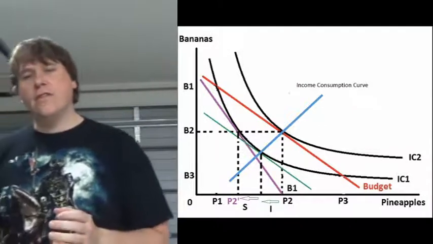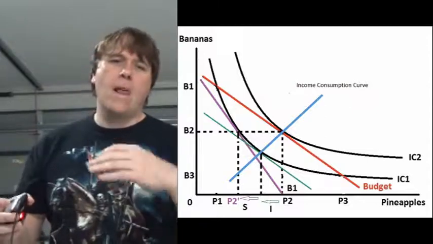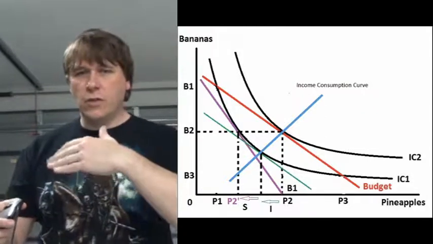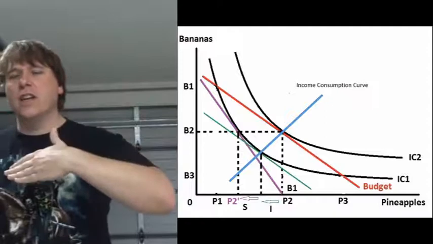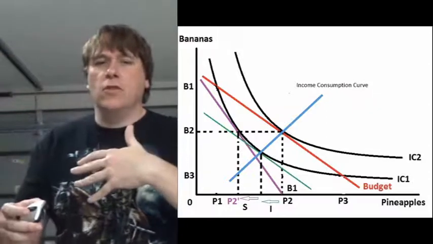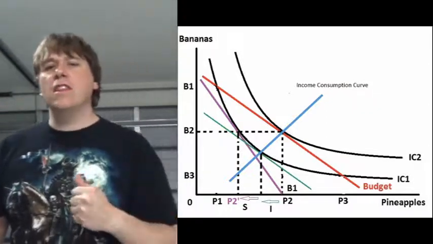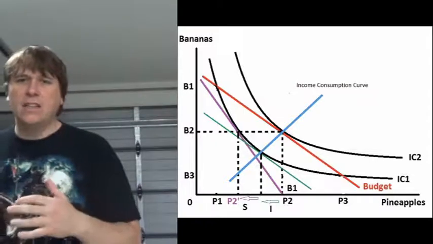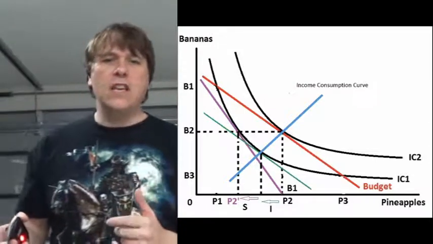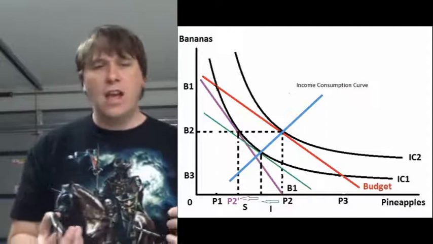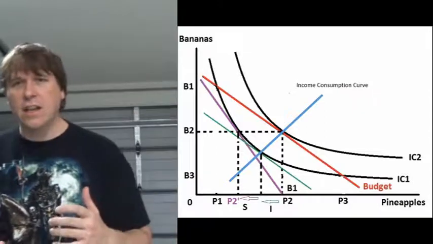So we've got that shift. Now if we imagine that there isn't a price change, so it's just a reduction in budget. So you've got less budget because of higher prices all around. That change in the number of pineapples and bananas is your income effect. You can see you actually buy less pineapples and you also buy less bananas if you have a reduction